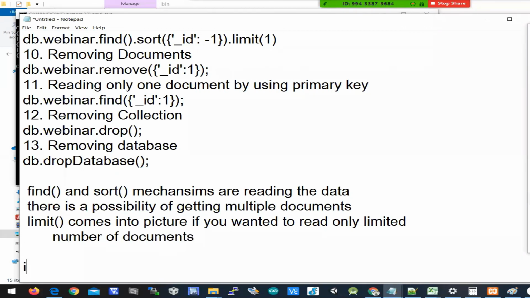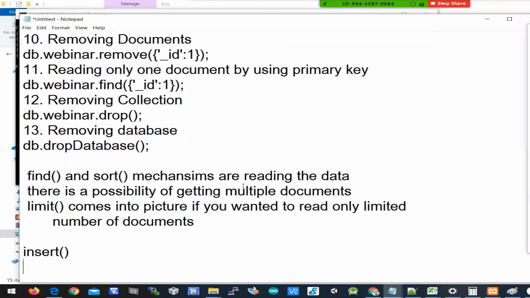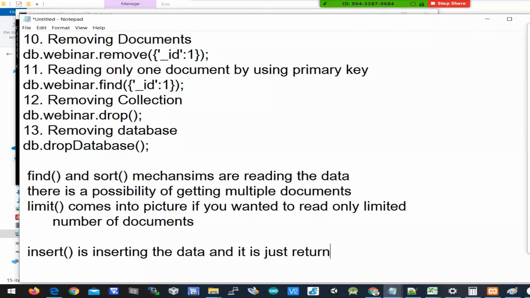But for insert, I don't think you need to use the limit method, because insert is inserting the data. It is not returning anything else, it is just returning the result, whether the data is inserted or not.